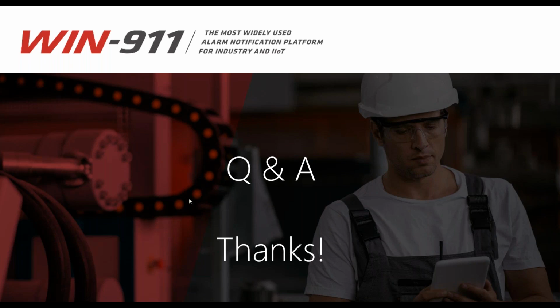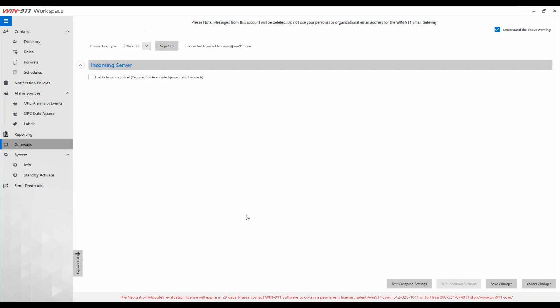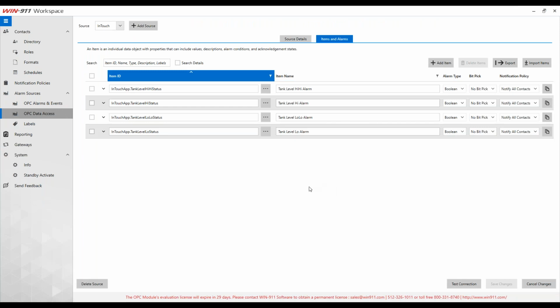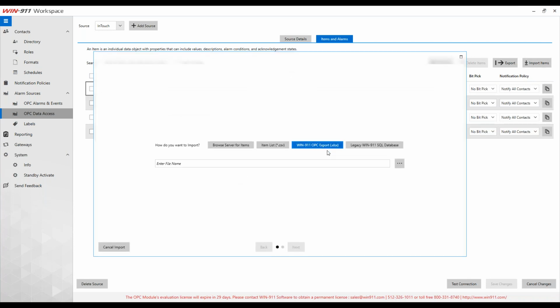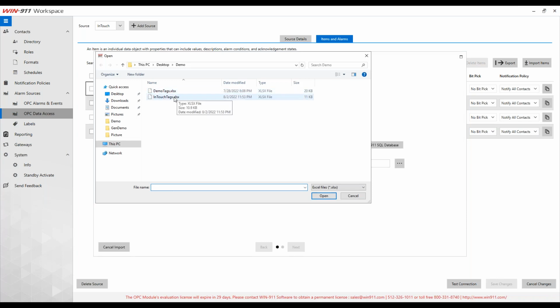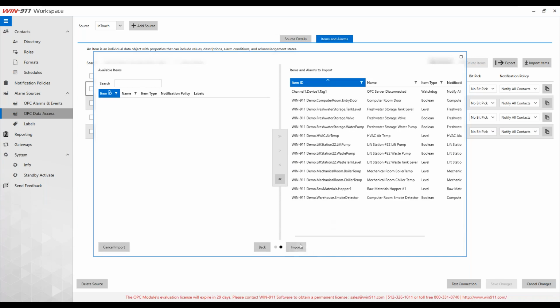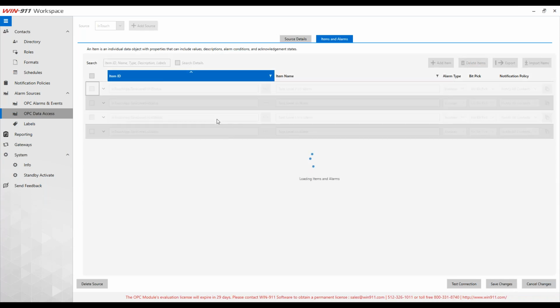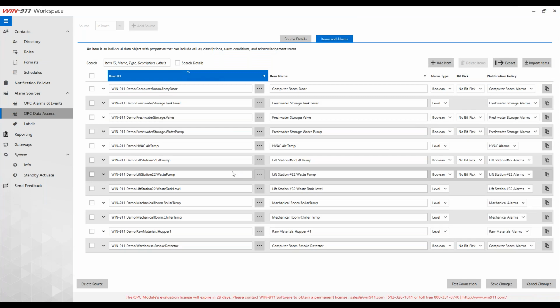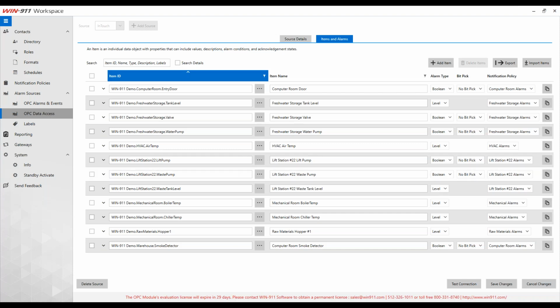In fact, I may have made it sound like you can only import tags that you exported previously, but I showed you that wasn't the case. I've got another file with just a bunch of other tags in it. If I go to import, you can see I've got all these other tags. You can import them and they just come right in. So you don't have to have the tags in here and then export them to edit them. You can actually just make all the tags in the Excel file from the start if you are comfortable doing that, because there are